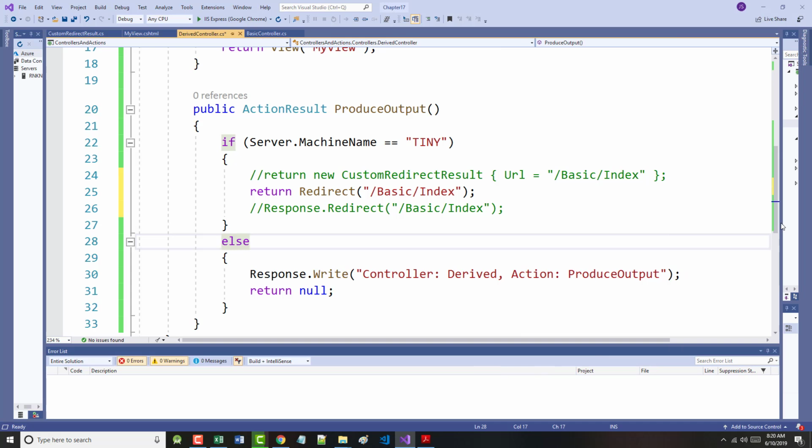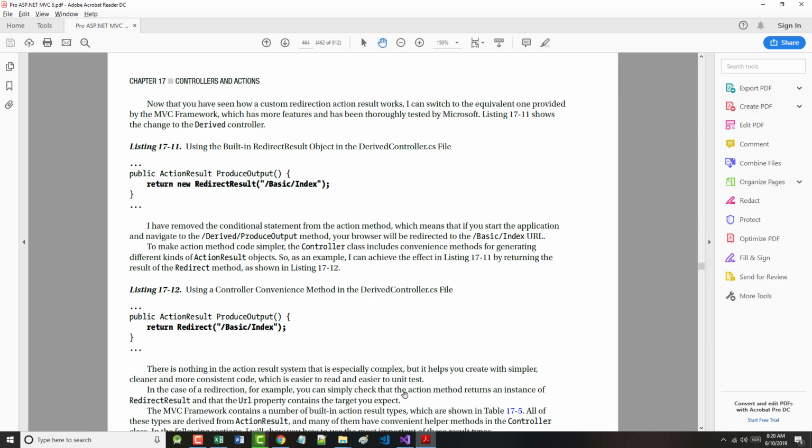All right. There is nothing in the action result system that is especially complex, but it helps you create simpler, cleaner, and more consistent code, which is easier to read and easier to unit test. As mentioned on the bottom of page 464,